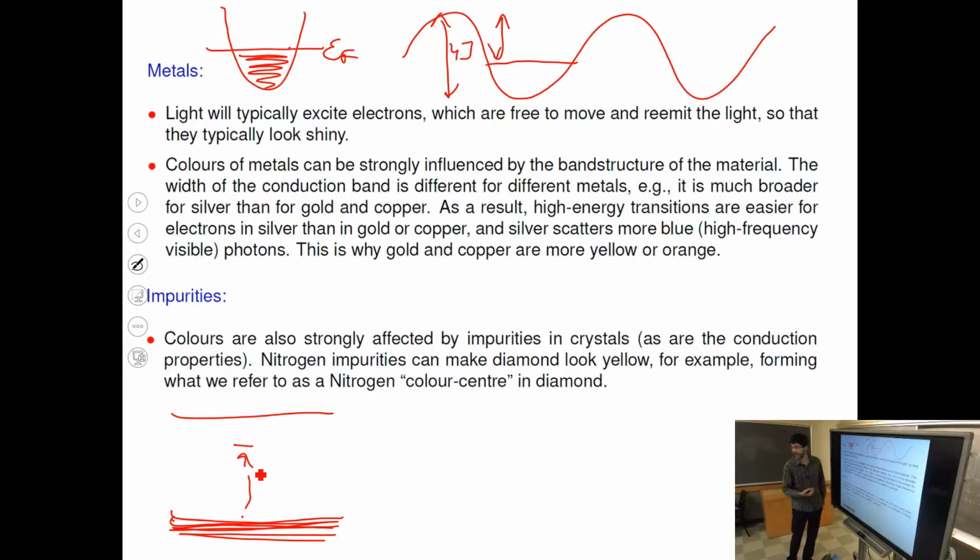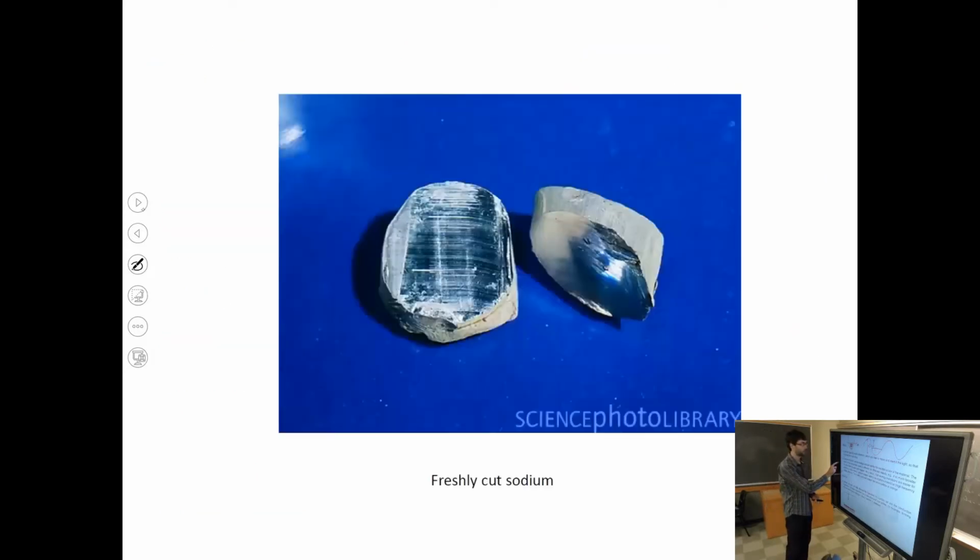And you can see what that allows you to do. It allows you to jump to the impurity with a photon, occupy the impurity, and so absorb a photon into the impurity. Or if the impurity is occupied, you can jump to the higher band, and you can get absorbed into the higher band from the impurity. So it makes this insulator absorb some of the light. And so it can give color to a transparent material this way.